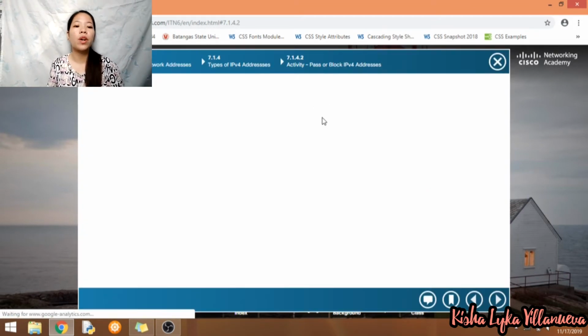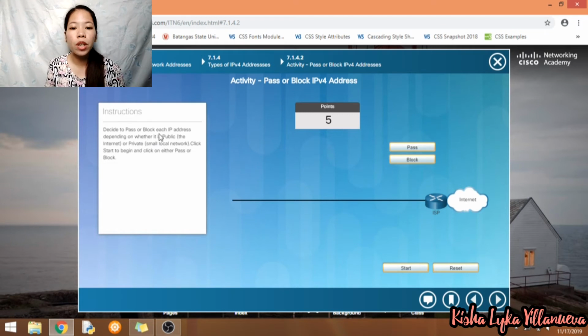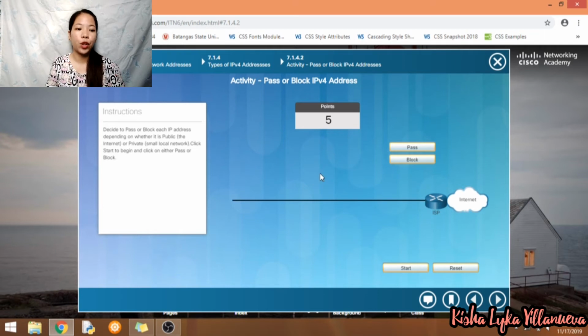And the next activity was here on page 7.1.4.2, and this activity was entitled Pass or Block IPv4 Addresses. Decide to pass or block each IP address depending on whether it is public, the internet, or private, a small local network. Click Start to begin and click on either Pass or Block. So we will pass if it is a public internet address. So we will click Start